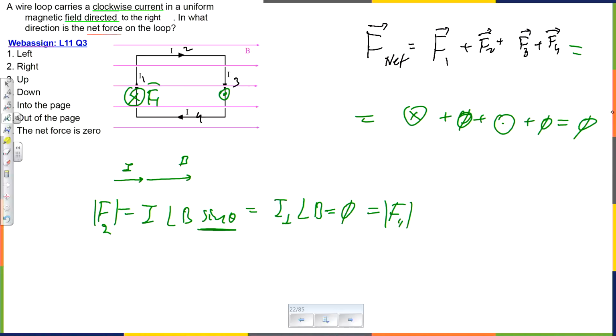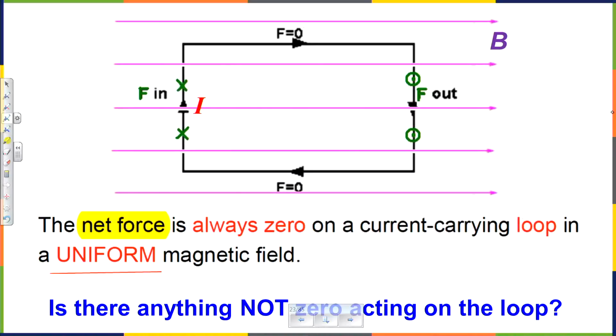It could be circular, triangular, or any other shape. As long as a loop is placed in a uniform magnetic field, net force will be 0, but net torque will not be 0. It will spin. Net force is 0, but remember mechanics? Remember torques? All I need is a current through this loop.